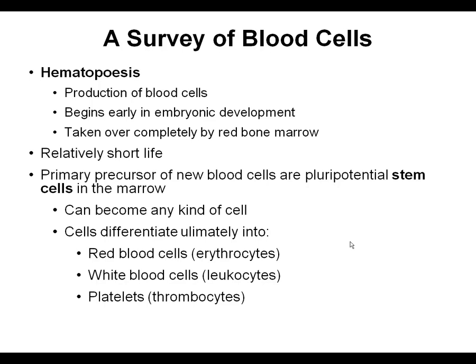I do have a bit of an argument with your book, and I have emailed the author to get some clarification. In my learning about the immune system, the stem cells in the bone marrow were called hematopoietic stem cells, not pluripotent stem cells. What I want you to understand is the stem cells from the bone marrow can only become blood cells, not really any kind of cell that they want. The cells will differentiate ultimately into the red blood cells, the white blood cells, and the platelets, and these are going to be the